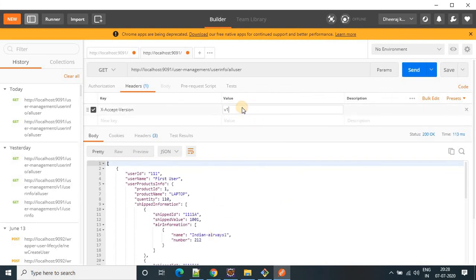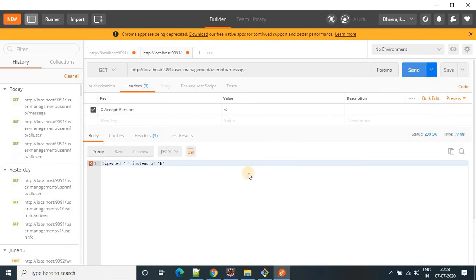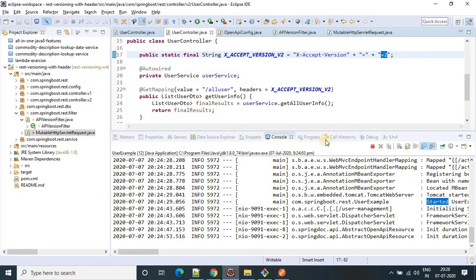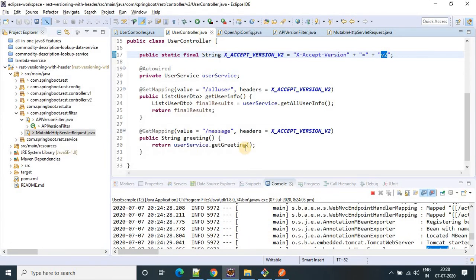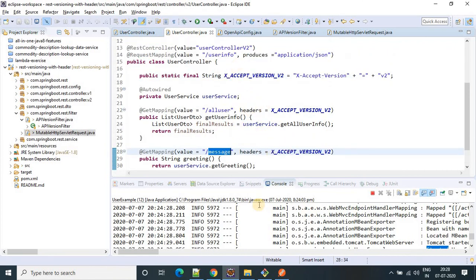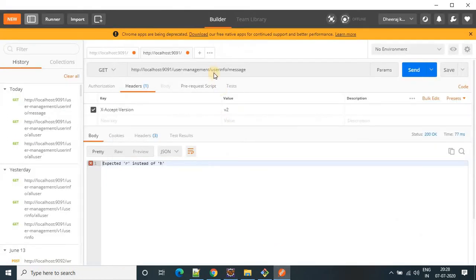Now hit another endpoint, that is message. Hit this one for V2. We did something wrong. What is the endpoint of this one? User info and message. V2.